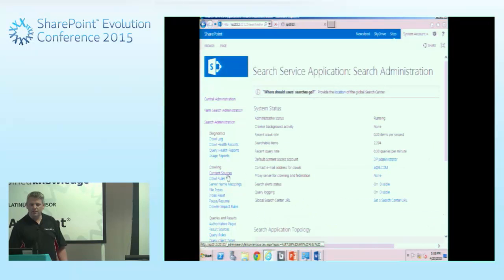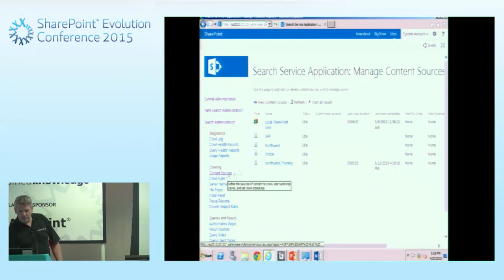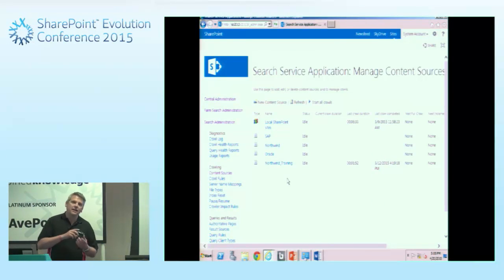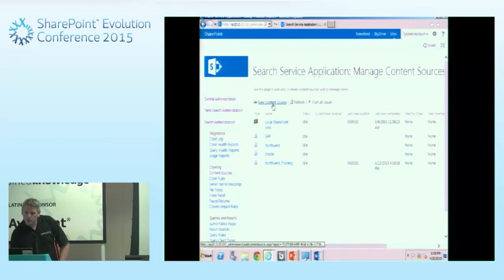Okay, and we've got content sources. So we can select content sources, and you can see I've got a few content sources already built that are indexing SAP data, Northwind, Oracle data, and SQL data. Okay. So all we do is we click onto new content source,